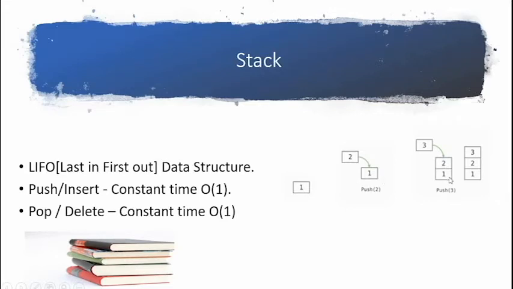If this stack has thousands of data items and we are inserting or pushing any item, it would be done in constant time, because it does not require iteration and it does not increase linearly with the size of the data structure. In this scenario there is only one item and I am pushing a second on top of the first, which is done in constant time. And if I am pushing a third where two items are already present, that is also done in constant time. So inserting or pushing a data item in a stack is done in constant time.